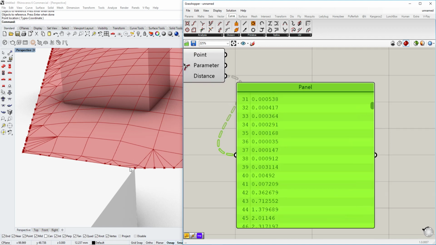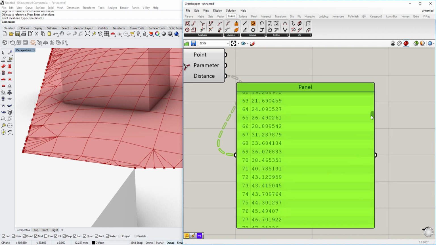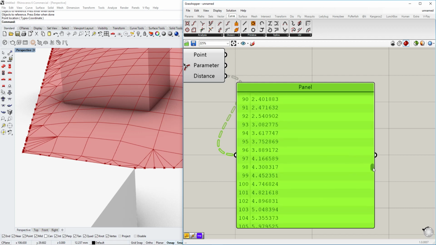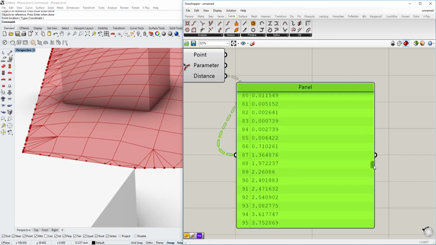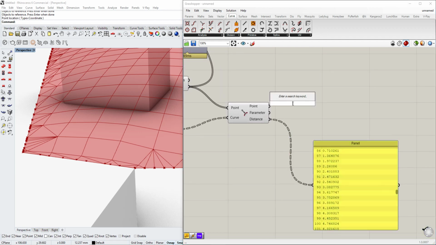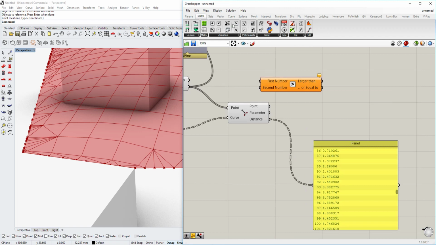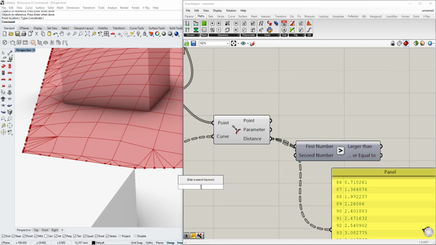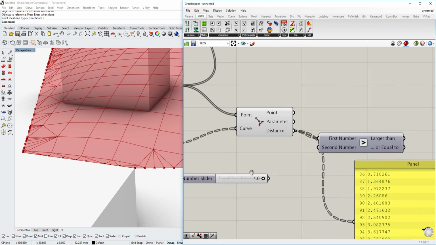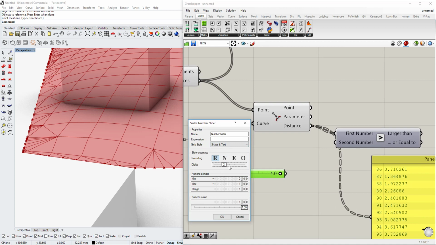So those points are really, really close. Otherwise they're really tall, and we just want to have those really small, very close points. So we're going to use the math component for larger than or smaller than, we could use both, and we determine the first number, and then we also use the second number, and this should be rather low. Let me do this,